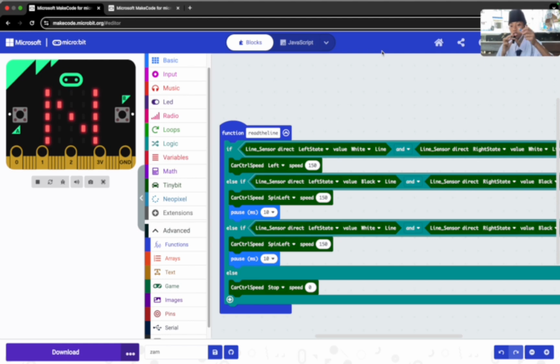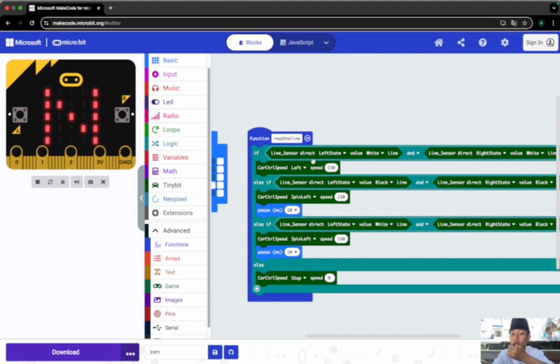And the function of the USB cable is to transfer this code to the microbit chip, and the TinyBit robot will do this instruction to follow the line.